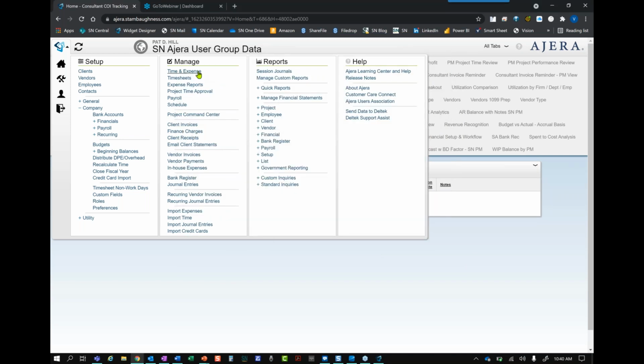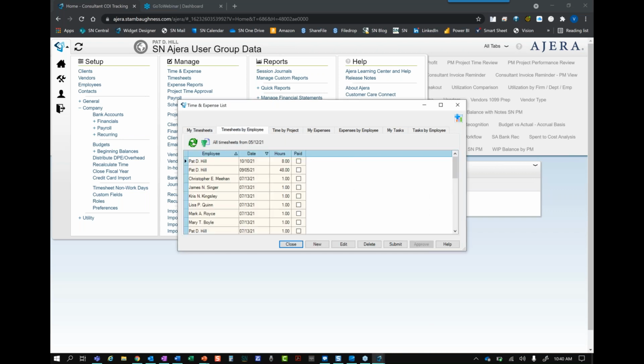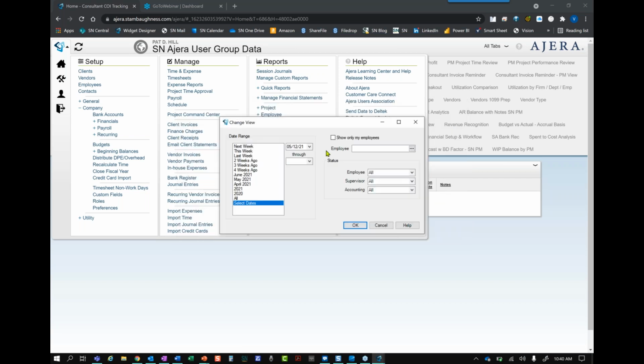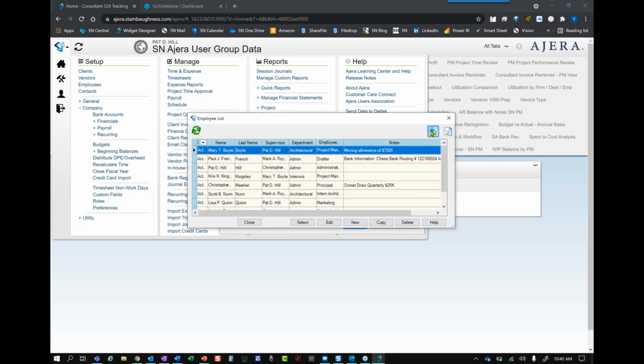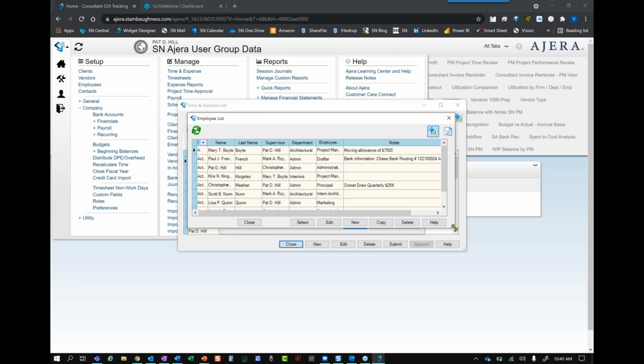However, what we need to think about is there's a lot of very benign and kind of innocent features in the software that would allow people to search for employees. So anywhere that I can access an employee list, I have the ability to click on this blue plus here and add in extra information. And as you'll see here, notes is one of those features that I can draw in.